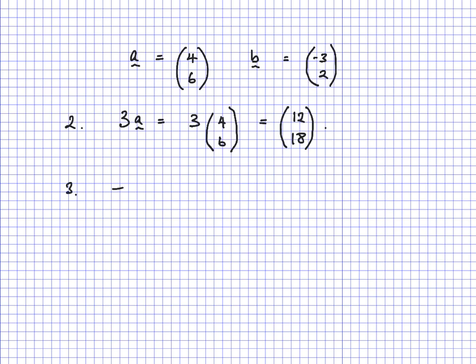What would the vector minus 2b look like? Well, it's minus 2 lots of (-3, 2). So minus 2 times -3 is 6, and minus 2 times 2 is -4. So let's see what happens. So here is the vector b, (-3, 2). And if we draw (6, -4),